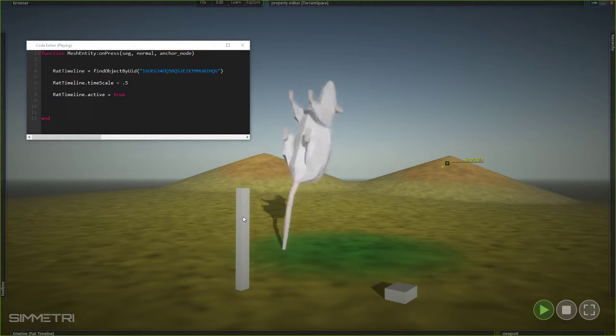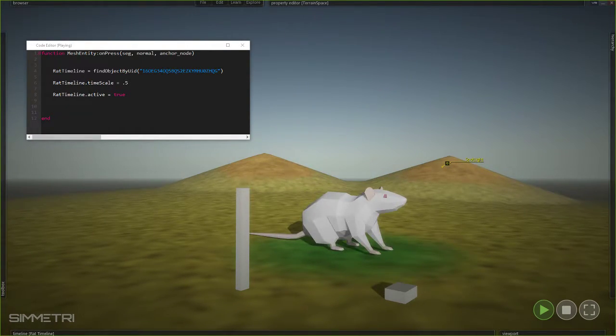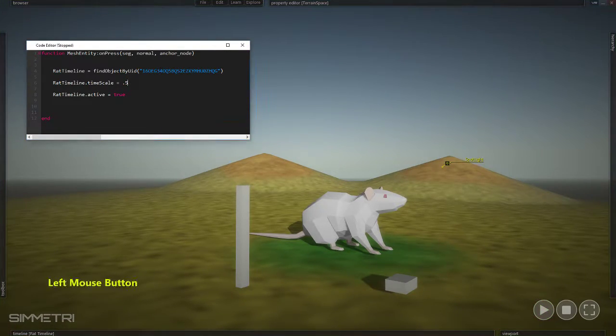Okay, that's cool. So we can see that we can already set the time scale, but let's set the time scale to something dynamic. By dynamic, we mean something that's changing depending on where we click it. Well, what do we mean by where we click it? We haven't even addressed this stuff up to this point in the lessons, in this 30 days of Symmetry, but you've got some really useful information in here. And if you press F1 on seg, you will discover